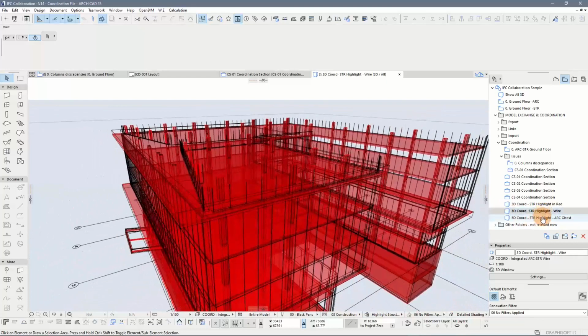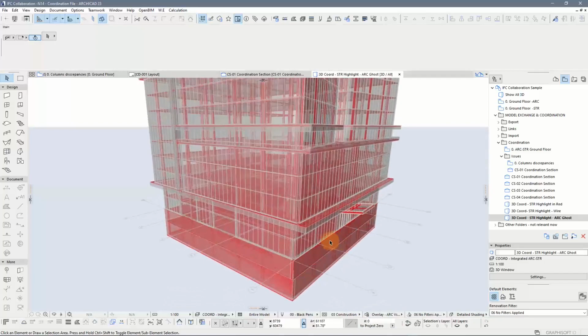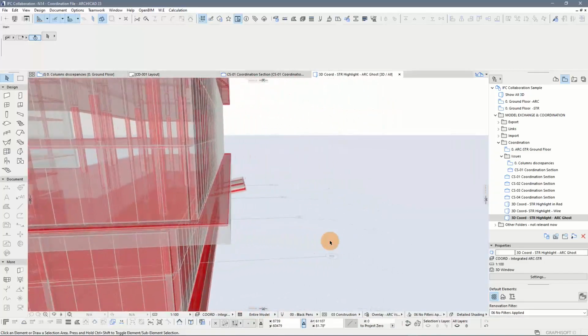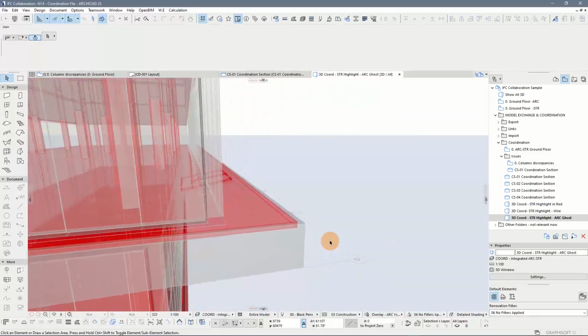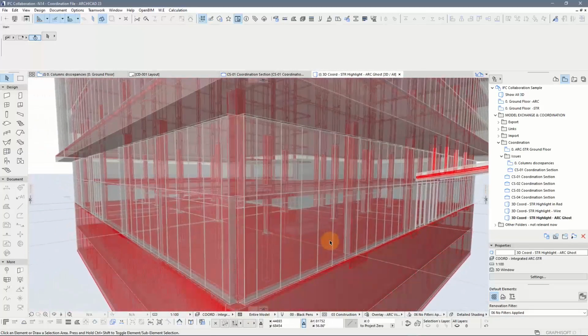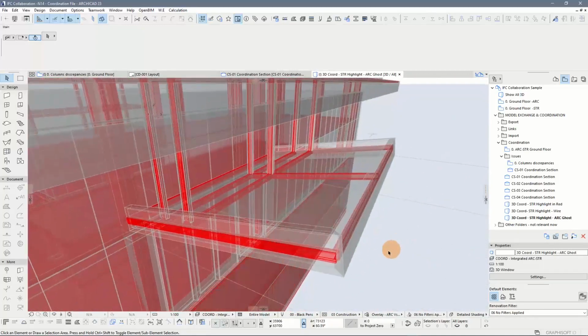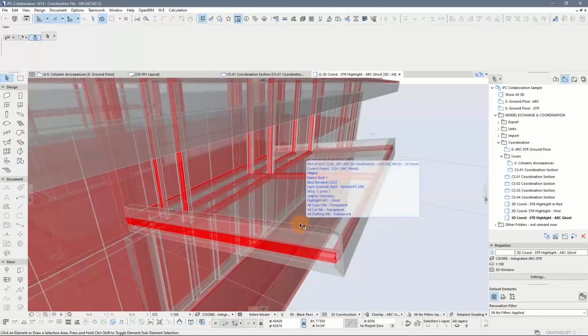So you can do that with a wireframe, or probably my preferred way of doing this will be simply using a graphic override where I will ghost the elements that I want to see through. That adds a little bit more solidity to the elements that are supposed to be embedding other elements. So this is another way of doing it, and actually one that might be explaining some of the issues a little bit better. Then the next way of doing this will be simply to add either a section box,